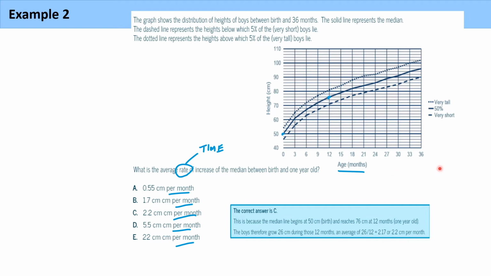So this is how you'd use a graph to solve a question that requires you to interpret a fair bit of data. One thing to note here is that UCAT questions often require you to go a step further than just reading off a graph. So here you've had to take information off the graph and apply your own knowledge to it and make it into something more useful, such as calculating a rate. So I hope this was helpful. Let's get back to learning more about what the UCAT exam involves.